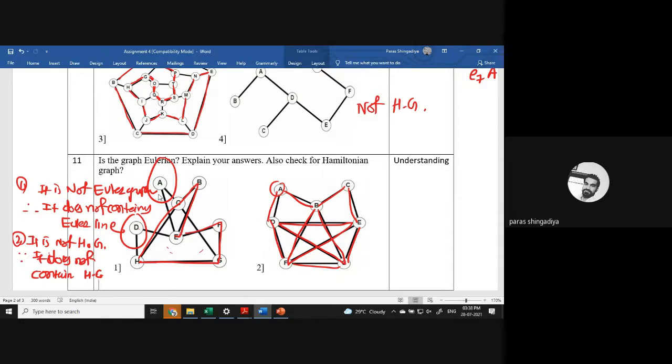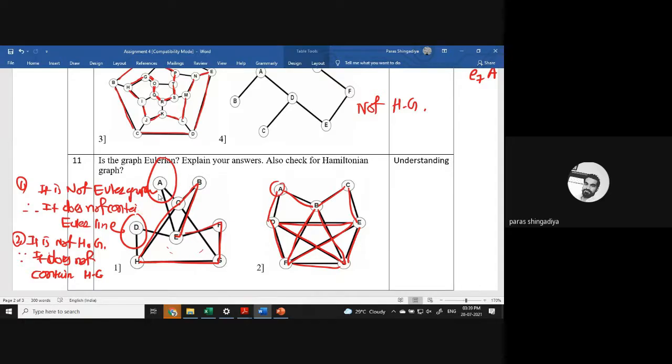Okay, the traveling salesman problem we discussed in the first lab. There the picture map was different. Here it is this picture, this view, this map. So in this map, it is not possible to manage a sales route for a salesman which covers every city exactly one time and again reaches back to the starting place. The salesman cannot find such a route in this map. So that is the answer of the first one.